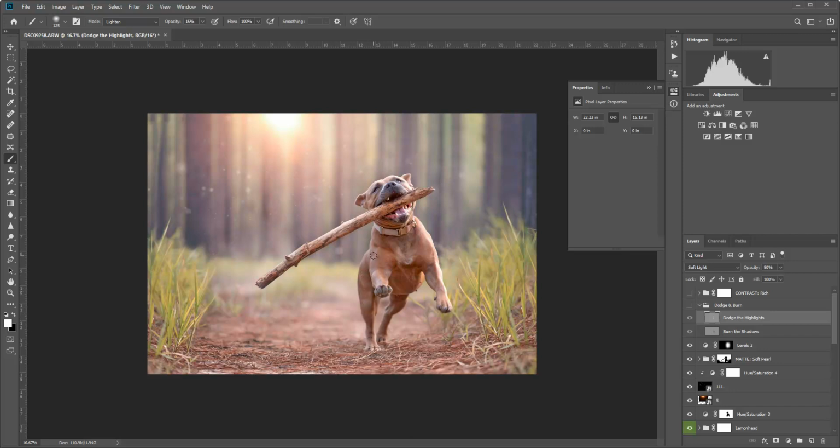Every time I go over it, I'm adding a little bit extra because I've got it at the opacity of 15. It allows me to be a bit more blasé in the way that I apply it, because that's what you need to be able to do. If you're doing editing like a whole group of photos, you don't want to be spending too long on each photo. You spend your most time on your first one getting the look and feel you want, and then this is supposed to be able to try and help you